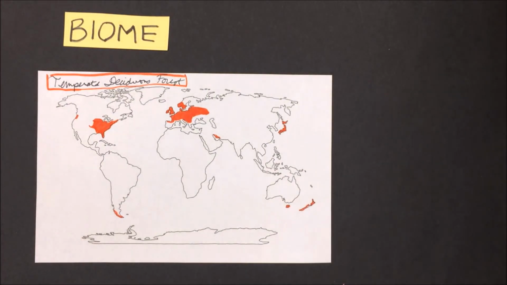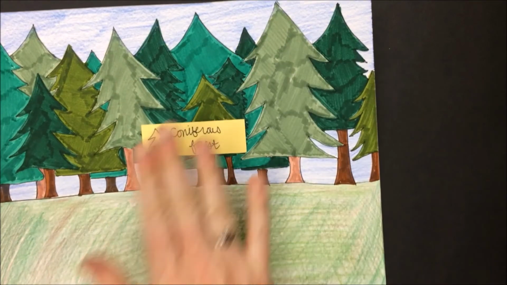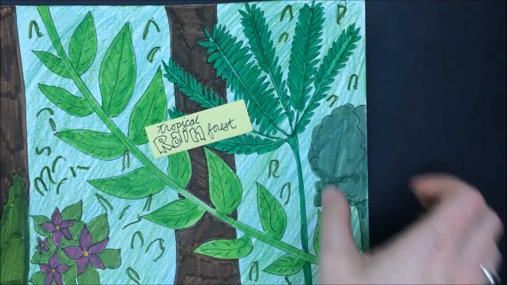We learned about the temperate deciduous forest, the coniferous forest, the tropical rainforest, the tundra,